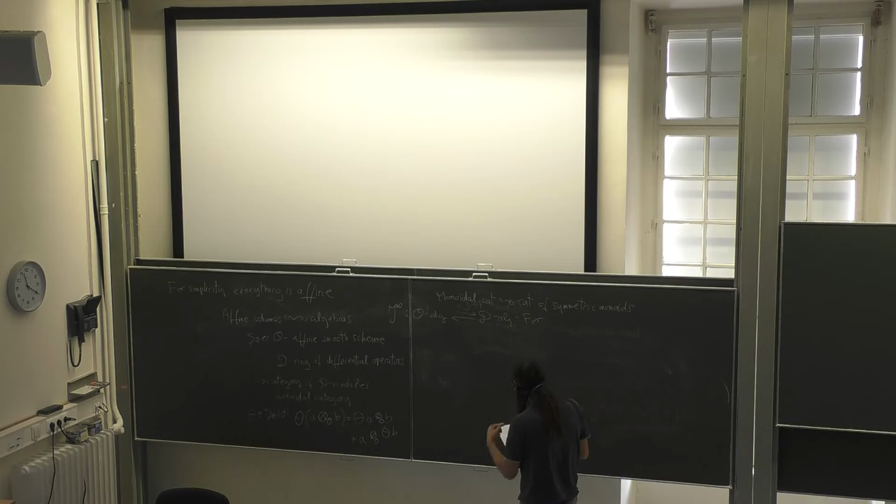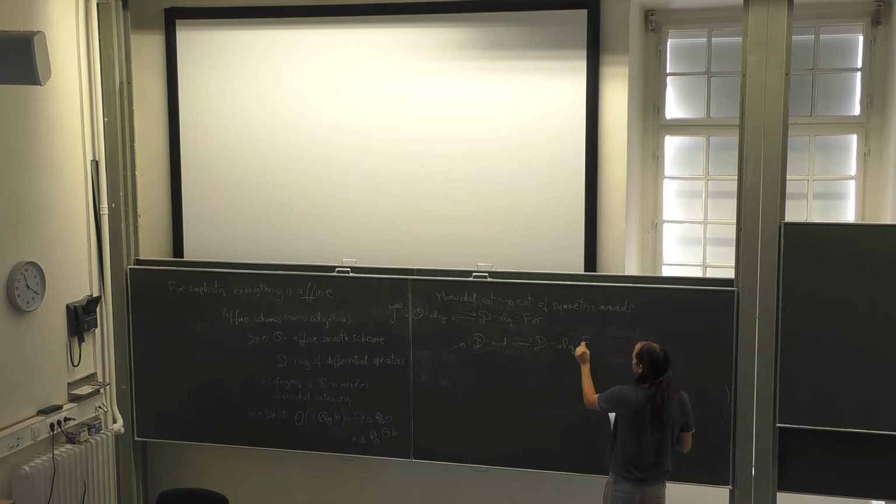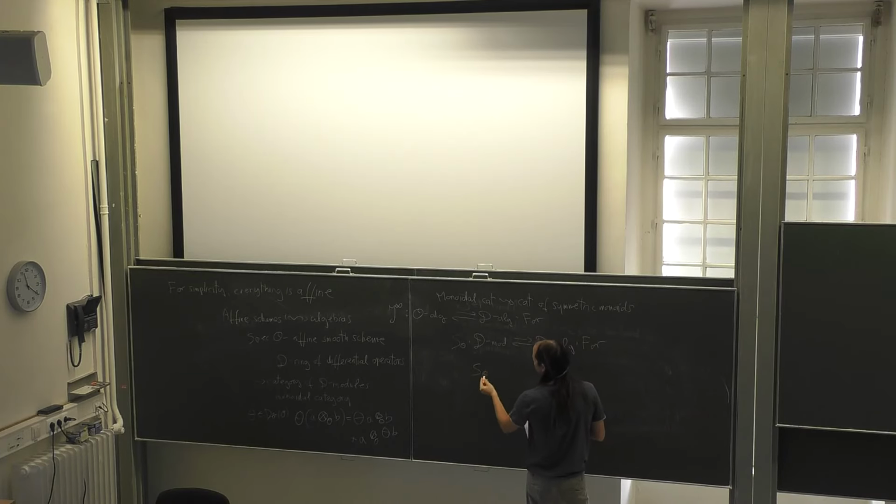To explain this, let me first mention another adjunction, from D modules to the algebras. Here you have a forgetful functor. The left adjoint to the forgetful functor that goes from the algebras to D modules is the following: S_O of A